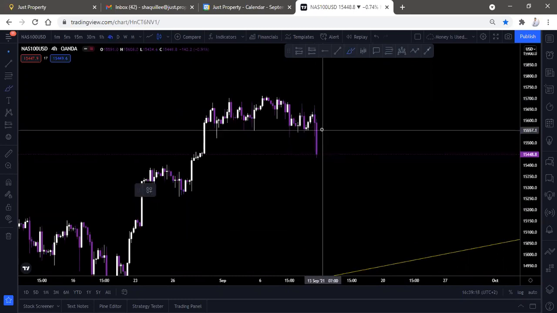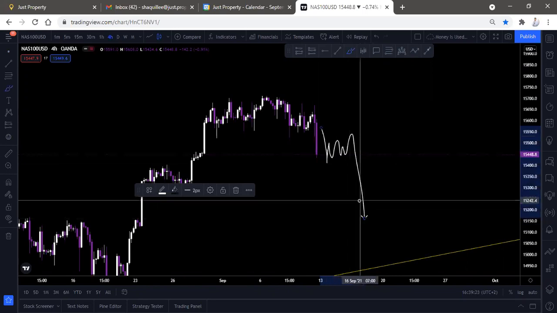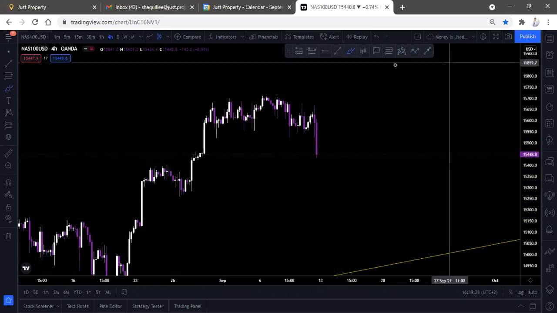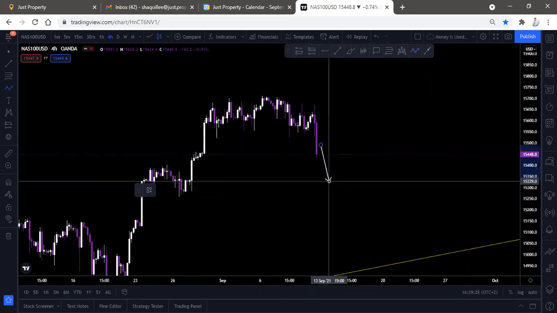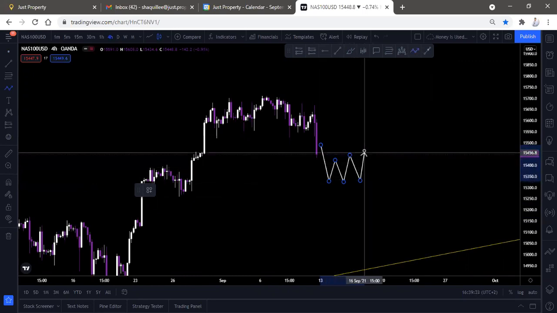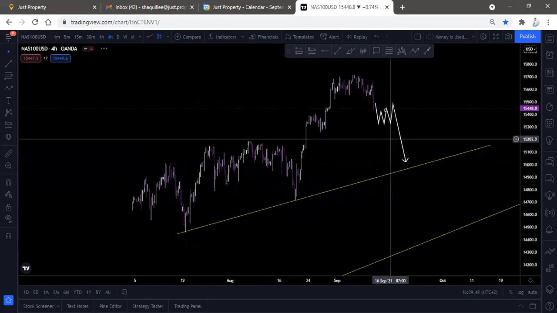As you can see that impulse, right? I want a correction to happen and then move to the downside. Let me just try to do this move accurately. Okay, cool. I would want more momentum to the downside, and I would be waiting for something like this. Correction pattern, targeting over here. That's basically it. Plain and simple, no complications. I don't want to make my charts messy. This is all. If I don't see this, then I'm not trading it, guys.